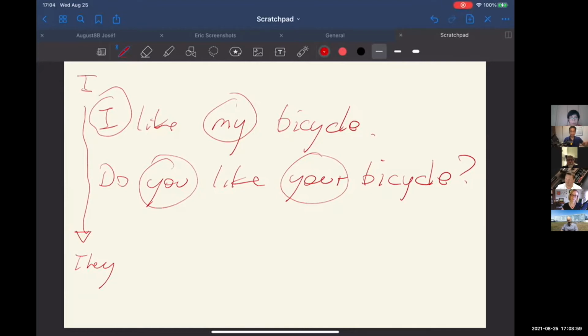Then they're trained, and little by little, I start putting in these little bits, okay? I have a sister. I have an uncle, okay? I like my uncle very much. I hate my uncle. I don't like my uncle, okay? I don't like my uncle, but I love my mother. My mother is cute. My mother is kind. Little by little by little, every single line of this was scaffolded.